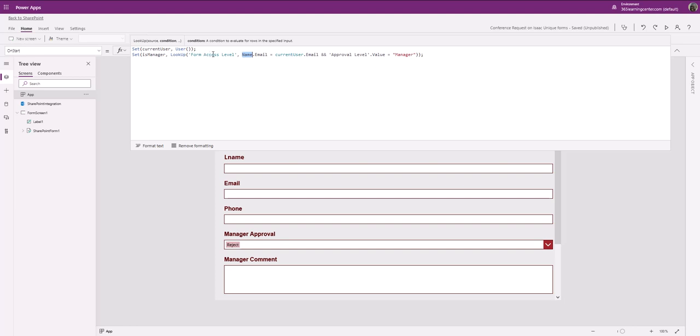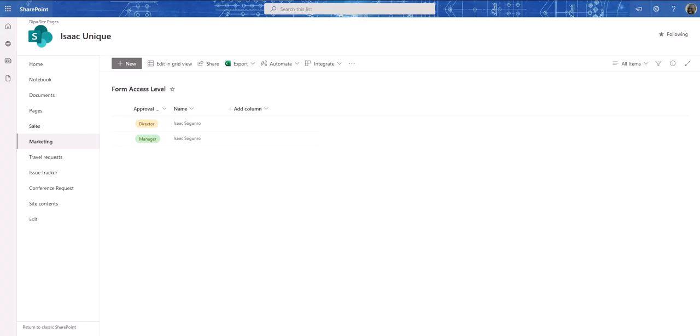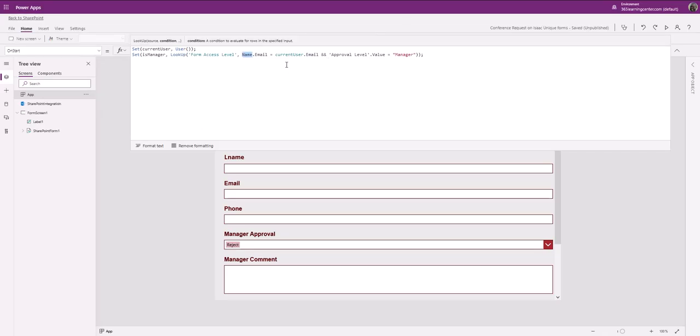So look up into this form access level where name.email from the list is equal to the current user email. So the current user that's logged in email, and where the approval label.value is equal to manager. So once it finds this, it returns. Now, if you remember what a lookup does, what do you think the problem is here? The problem is that